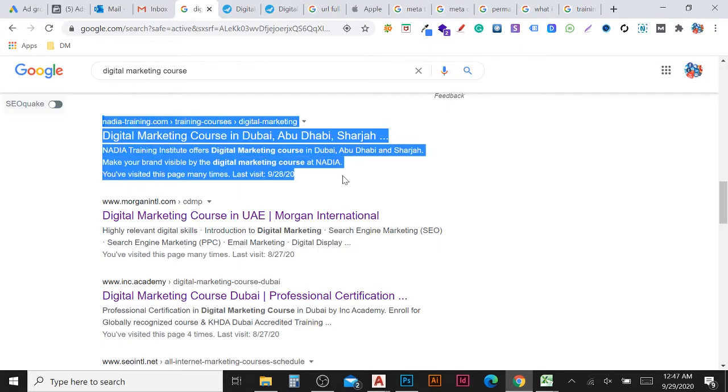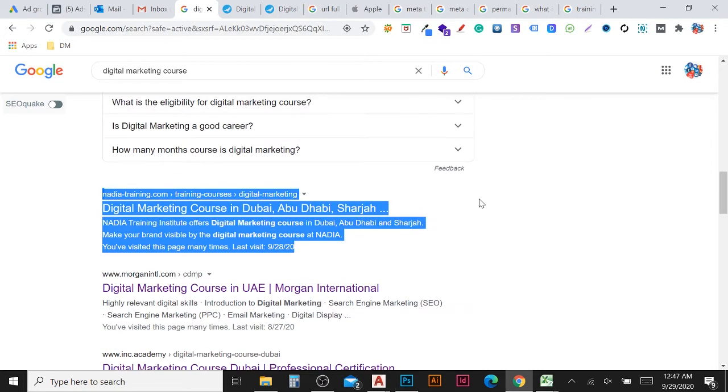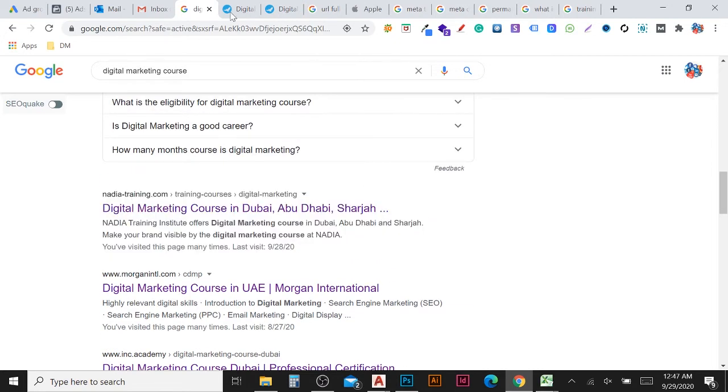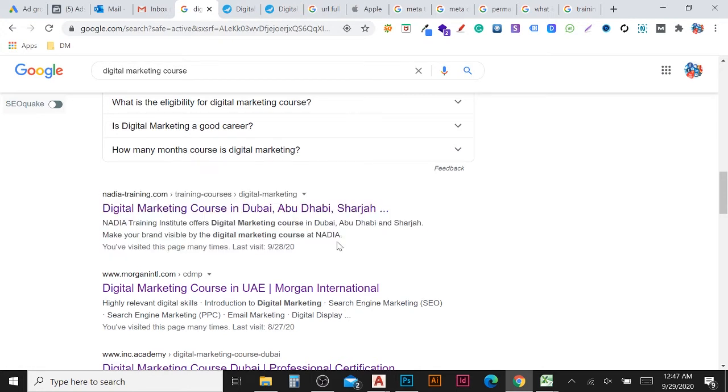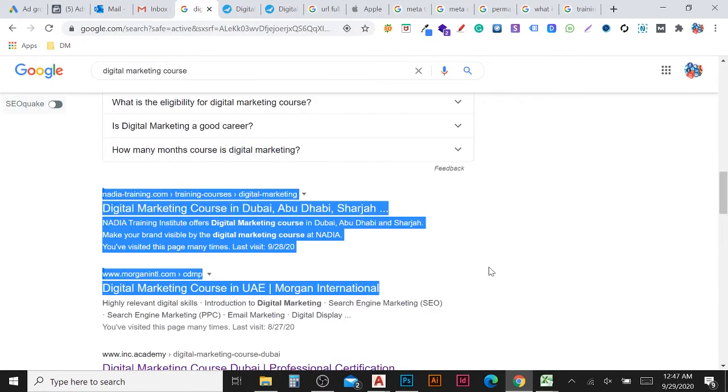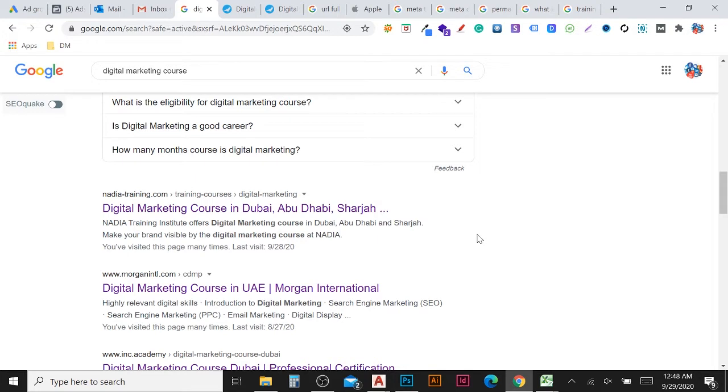Imagine this is your website, and now you delete your website. For example, your website is no more, but when people search, it will still show your file there, because this file is from Google. When people click, maybe it will show URL not found or page not found, something like that. But Google will fix that very soon. When Google understands the website is not there, Google will remove this. It's like that. So this is all from the website, but we need to provide the meta title and meta description.